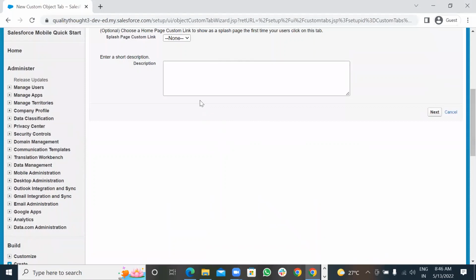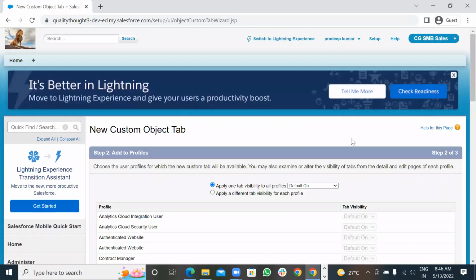Remember, from your side, whenever you are creating anything you need to mention all the descriptions. Whatever comes to you, sir, even if you write in Telugu, I have no problem, but you need to give descriptions. I will look at it. Every Saturday I'll check your org, whatever the things you are doing. Okay, any doubts clear? Okay, click on next. Okay, so did I create the custom tab? I gave a name, I've selected the